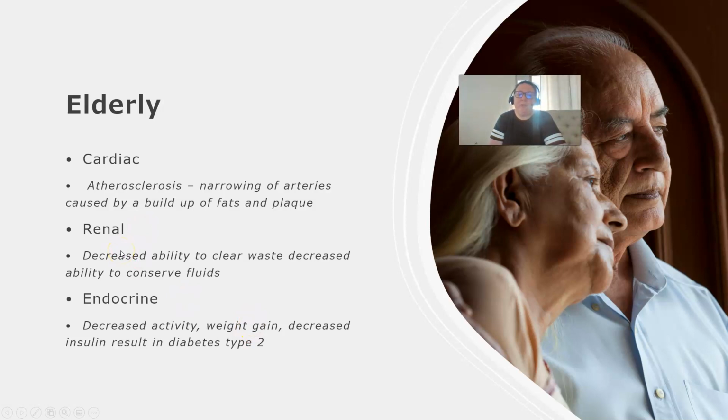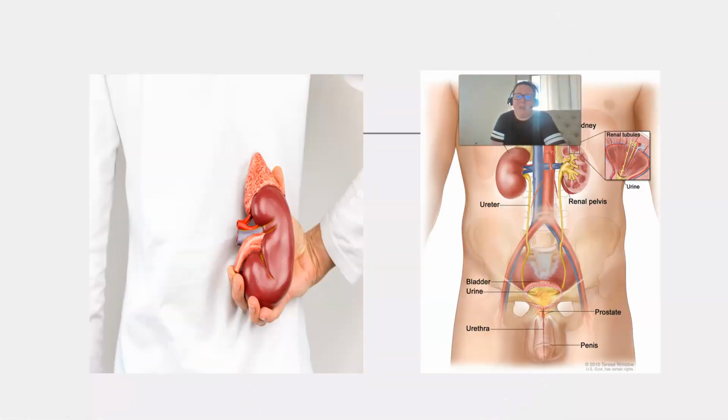Next up, renal. Another word for this is kidney. So the kidneys balance our fluid. If we have too much fluid, they excrete it, and they also clear out waste. Let's take a quick look at our kidneys. They are retroperitoneal, so they're on the posterior side of our body. And this is just a real basic